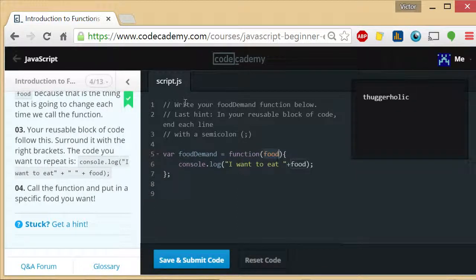a parameter, and that parameter is going to get used in this console.log statement. This food is coming from here. So later on when we call it, say food demand steak. If we say food demand steak, then this variable food takes on the value steak when this function runs. So we're saying food demand steak, and what we're going to do is run this block of code in a way where the value of the food variable is steak. So what's going to happen is we're going to say console.log I want to eat steak